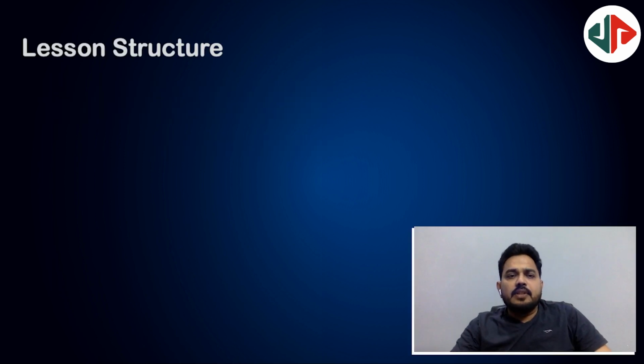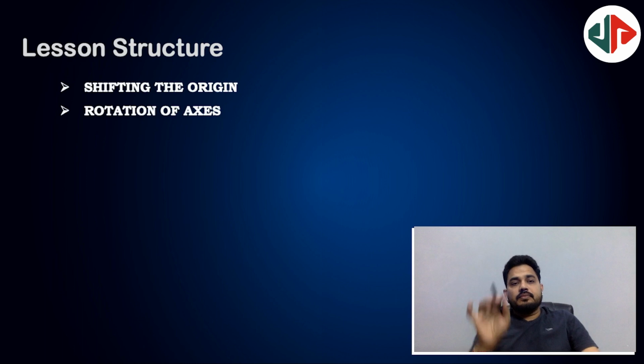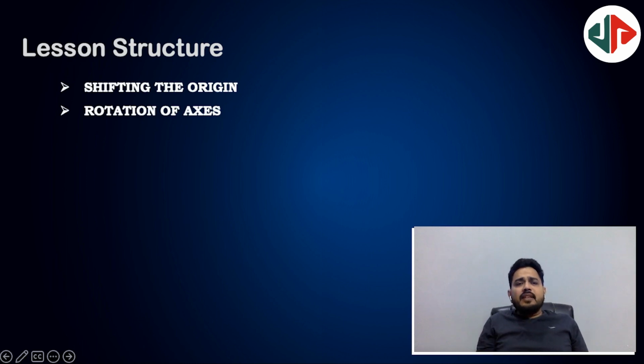In this chapter, we are going to discuss two things: shifting the origin without rotating the coordinate axis, and next, rotating the coordinate axis without shifting the origin. And what are the advantages of each of these two? In shifting the origin, it is simply